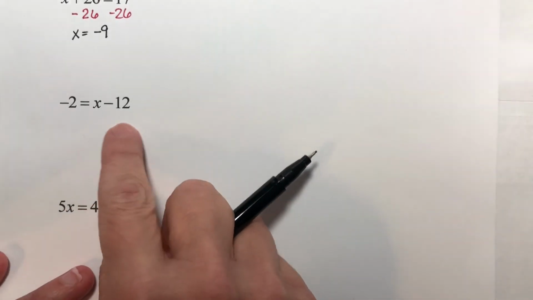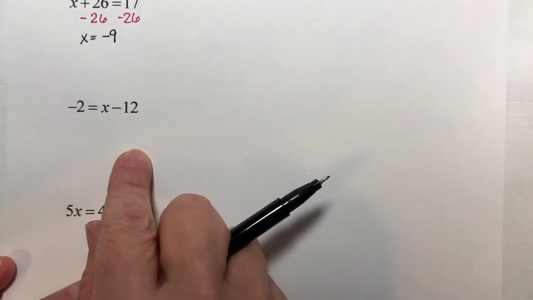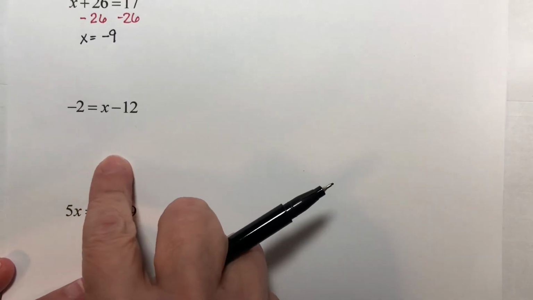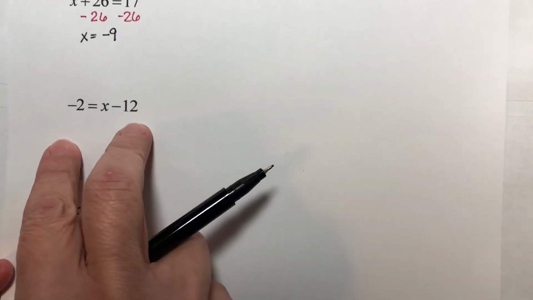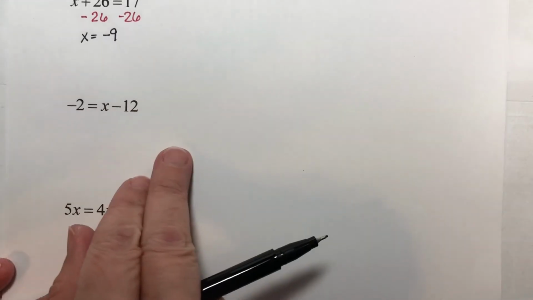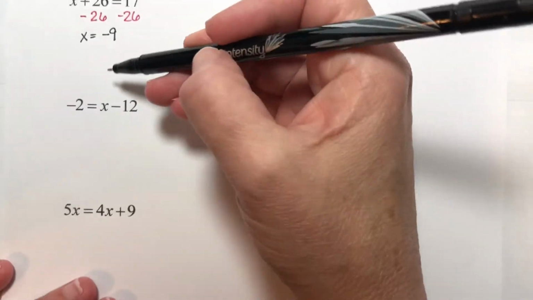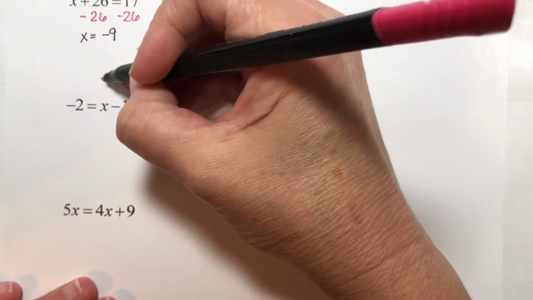Look at this problem. This time my variable is on the right-hand side instead of the left. It makes no difference whatsoever. It is exactly the same type of problem. We want to simplify each side as much as we possibly can, and there's nothing we can combine. We want to get the x by itself, so we need to get this 12 over to this